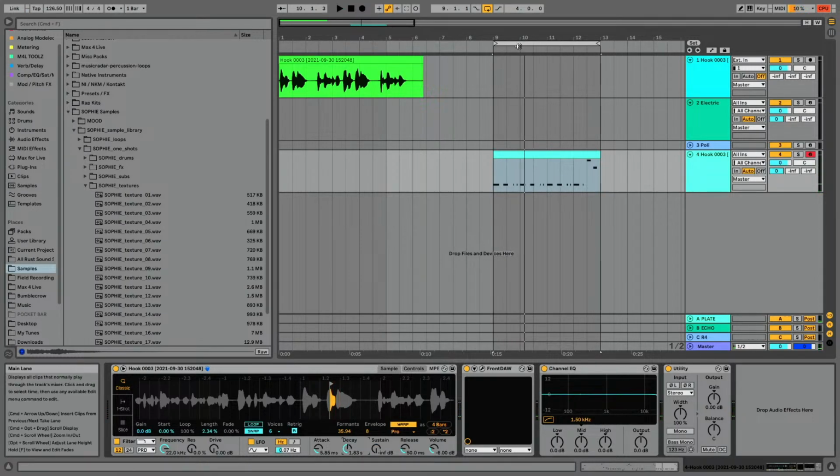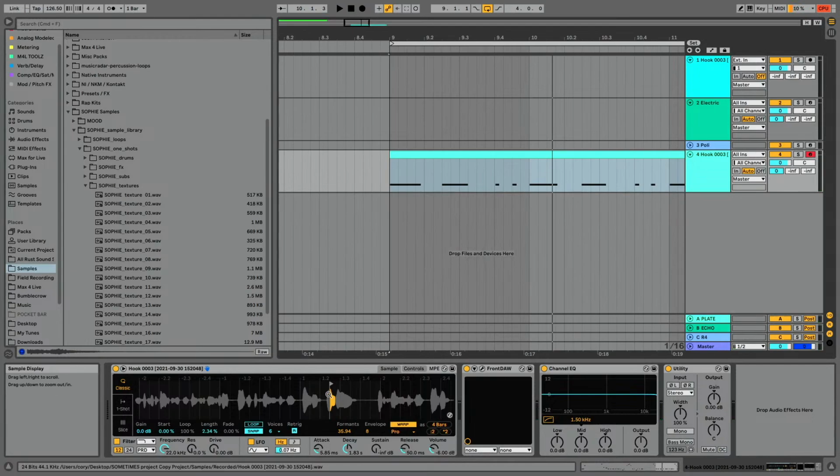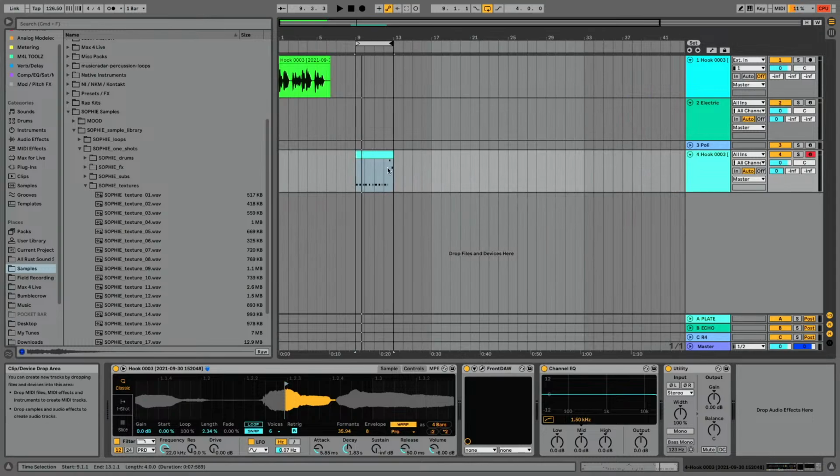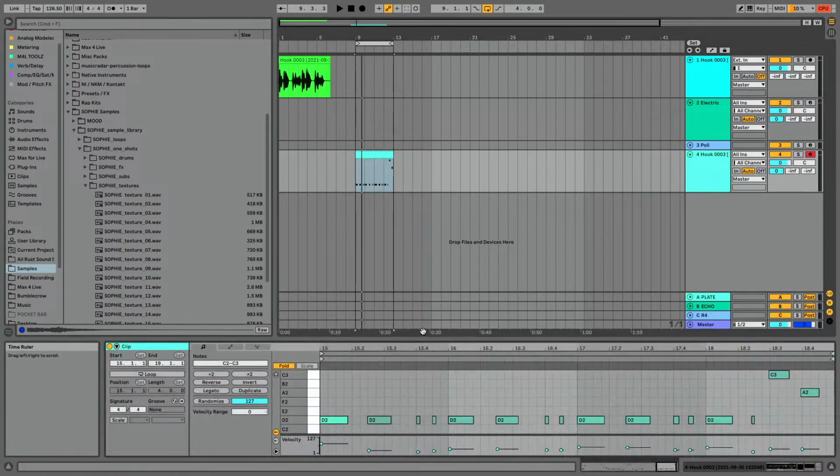I'm getting some clicks and pops with this thing, so I'm trying to mess with my sample edges here. I like how for some reason it's a clear pitch on the high notes and kind of a little more nebulous on the low notes. That's my jam. So we're going to take this loop, and this is going to be our starting point, I think, unless we can find a better pitch for this.